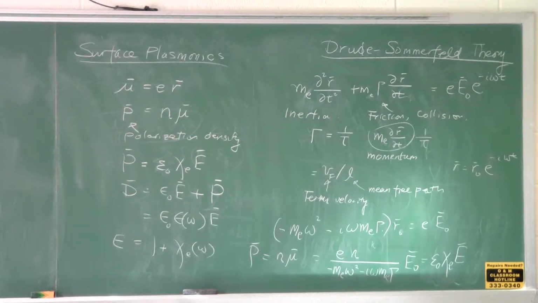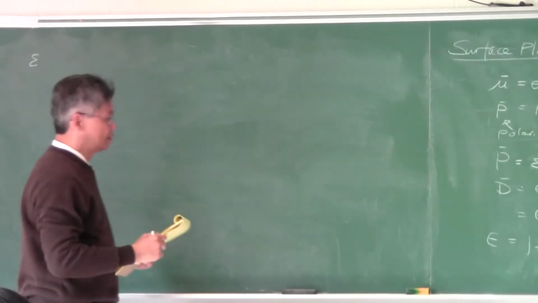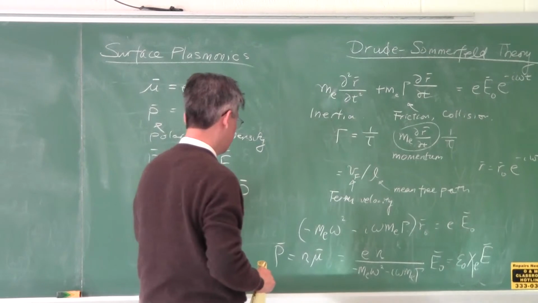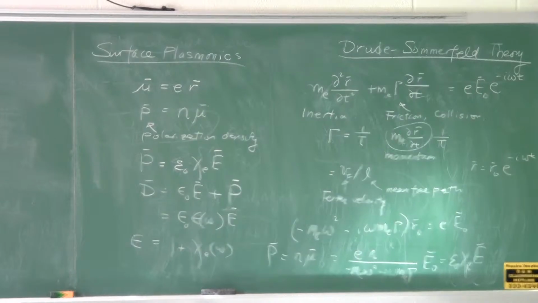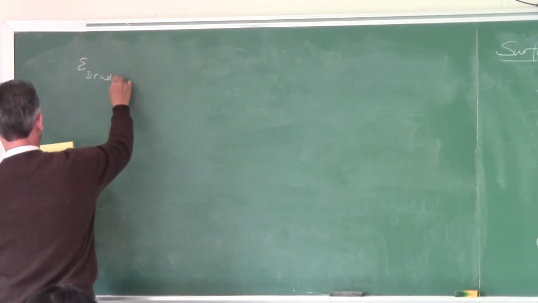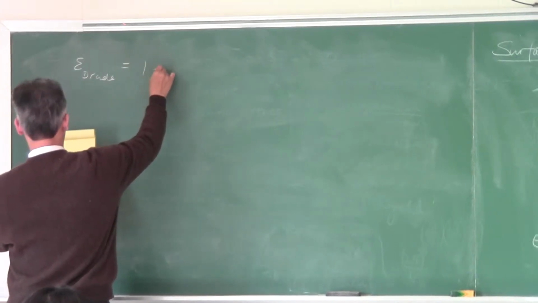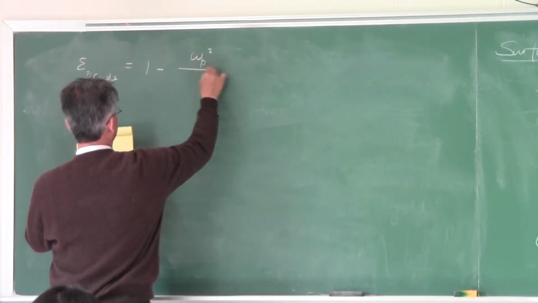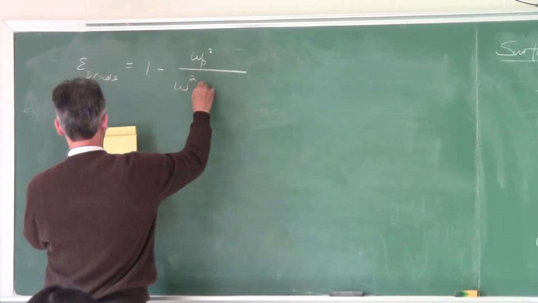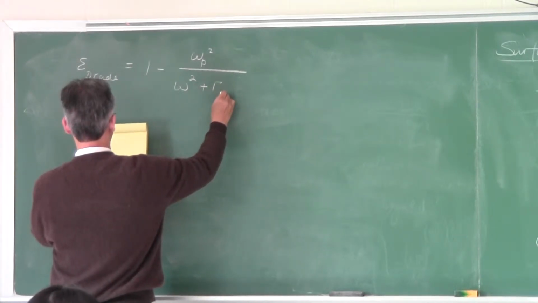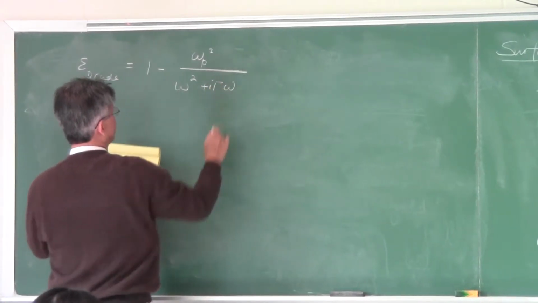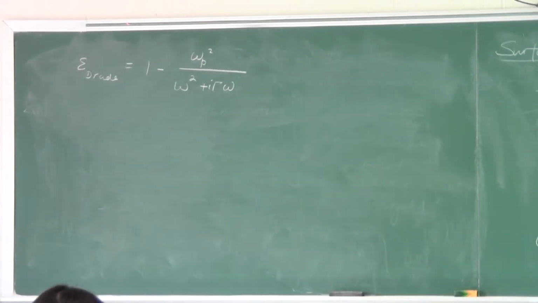So when you have that, then you can have this epsilon part, just this part over here, which is 1 plus chi. Okay, if you add 1 plus chi, then you have this, that the Drude model for this is just 1 minus omega p squared over omega squared plus i gamma omega. I think that's correct. Okay. If you take this out, put omega squared outside, you take that in, and then you lump those things together